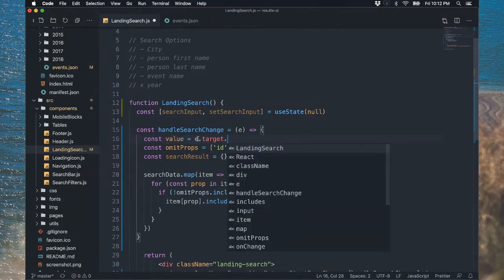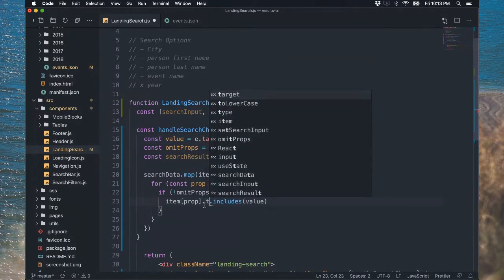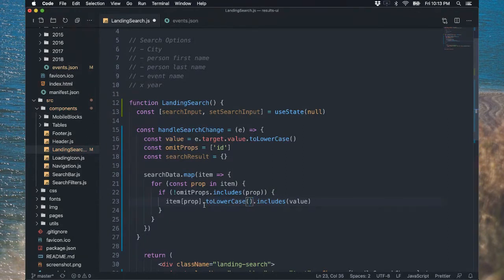I'm going to change this to value. I'm going to do value dot toLowerCase because we want to match case insensitive. And the item prop dot toLowerCase includes the value. If it includes it,